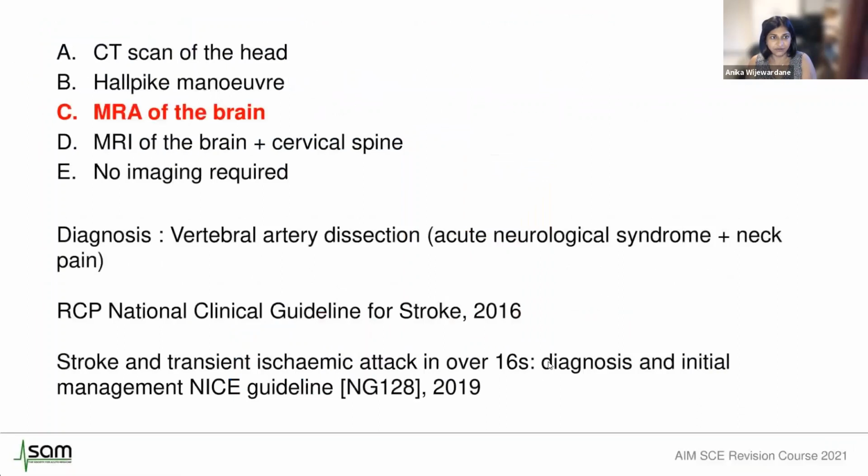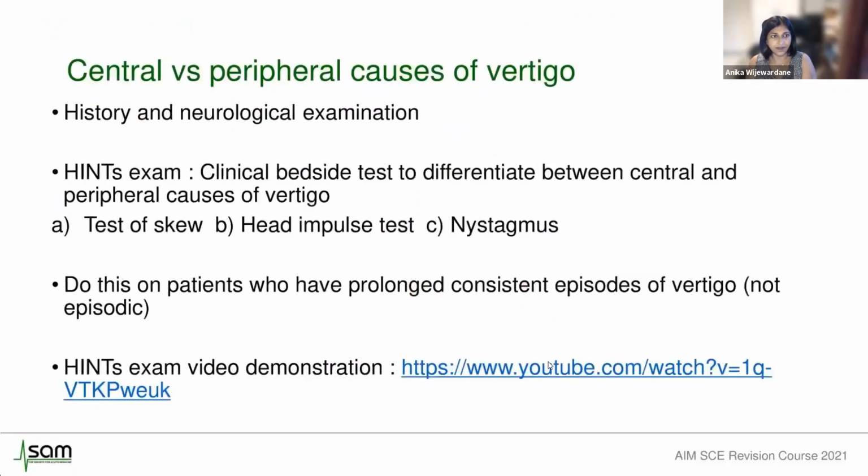And if I just take you through, in terms of if they did describe, so how do we differentiate within the question between, and I think clinically as well, this slide is relevant, central and peripheral causes of vertigo. You've got your history and neuro exam, and then the HINTS exam, which some of you may have come across, which is a bedside test, it's clinical, it's got 3 components